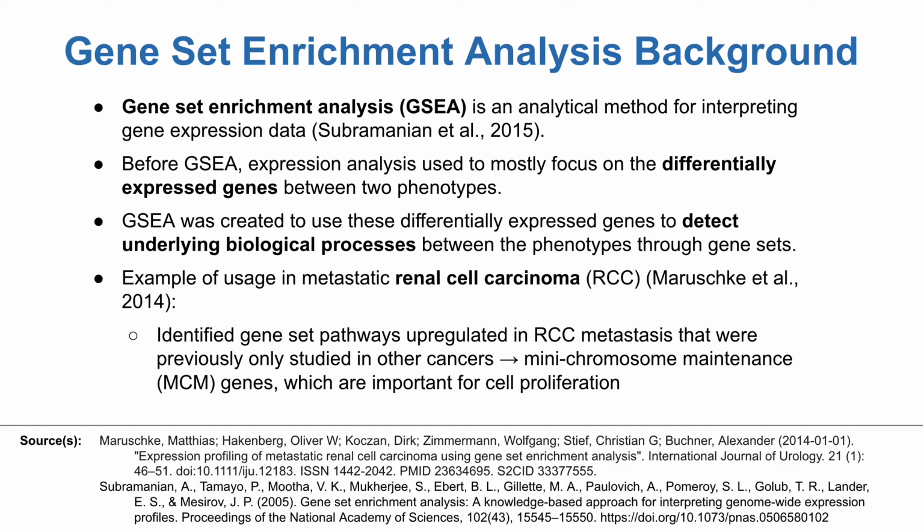It has since been used in various studies, including one about metastatic RCC, where it identified many chromosome maintenance genes as upregulated in RCC metastases. MCMs are important in cell proliferation and are prognostic biomarkers for poor outcomes in ovarian cancer. According to the paper, while they had been studied in other cancers at the time, they were novel for RCC